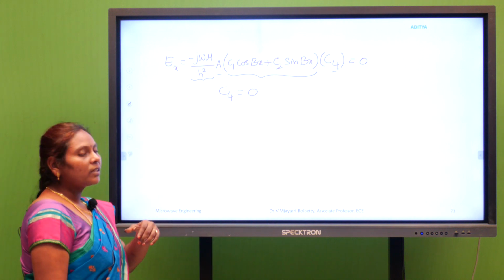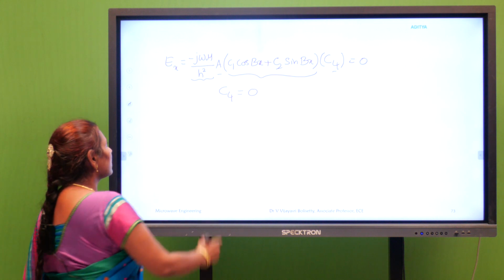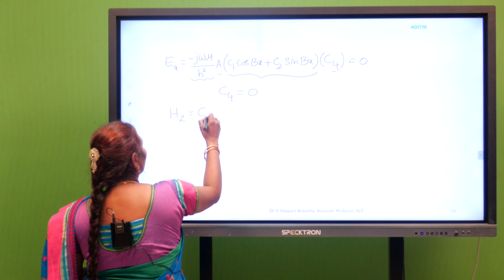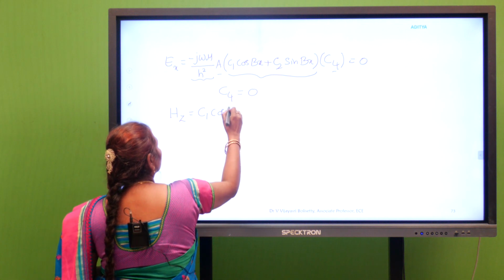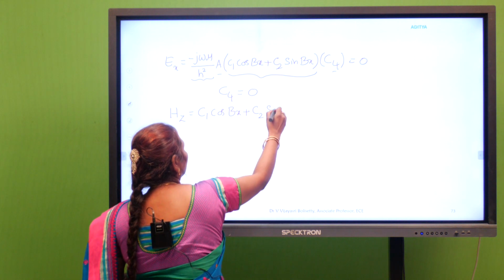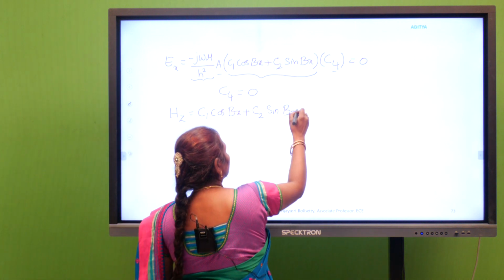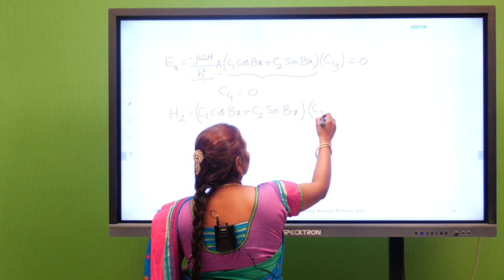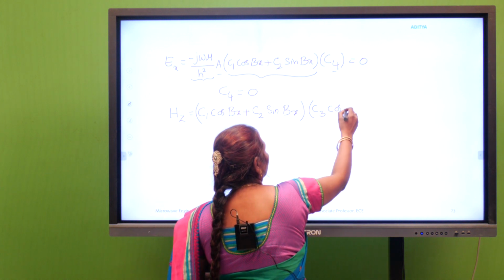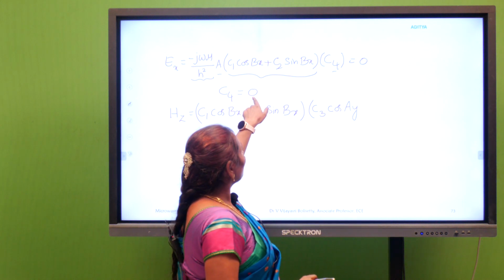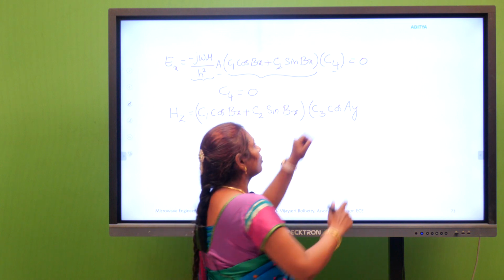Let us substitute this C4 in equation 37, that is Hz is equal to (C1 cos bx plus C2 sin bx) into (C3 cos ay plus C4 sin ay), but C4 is equal to 0. So this term will